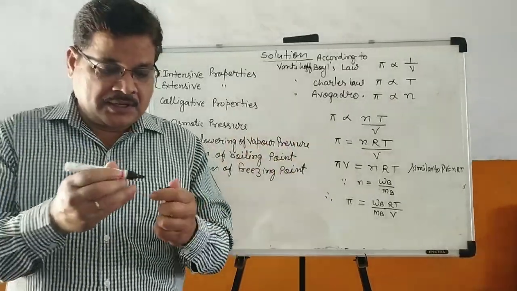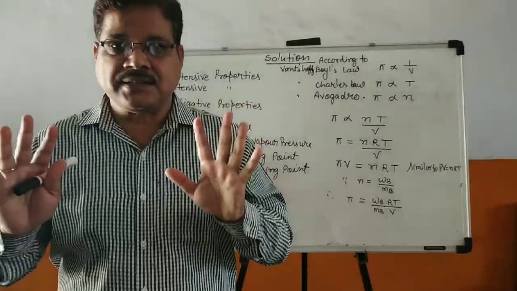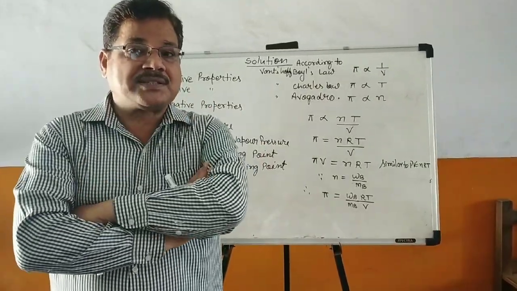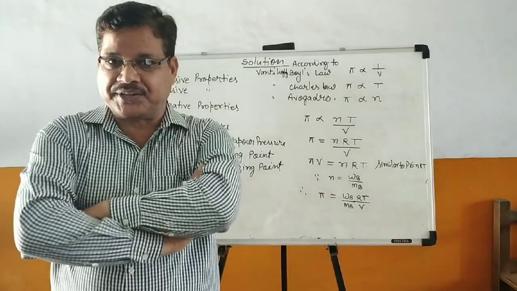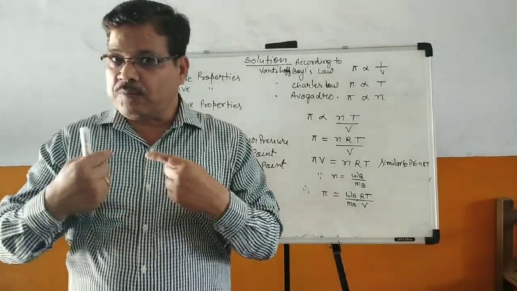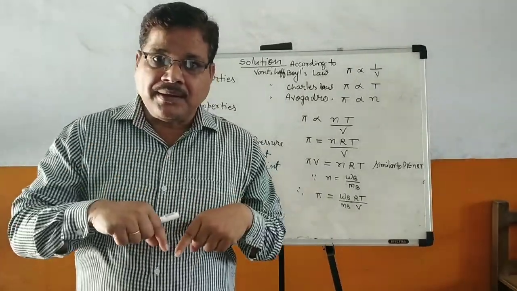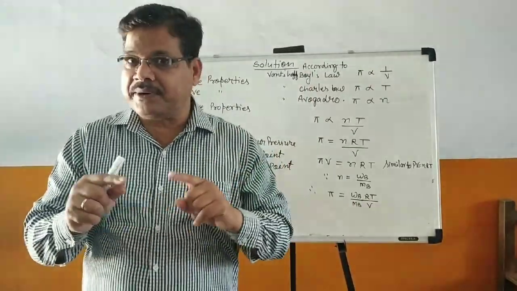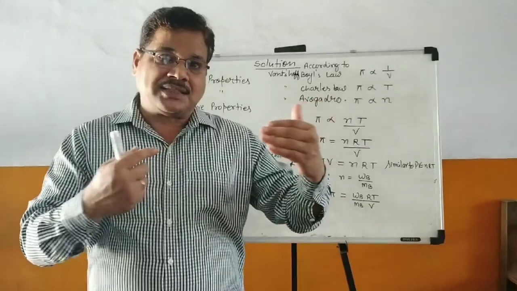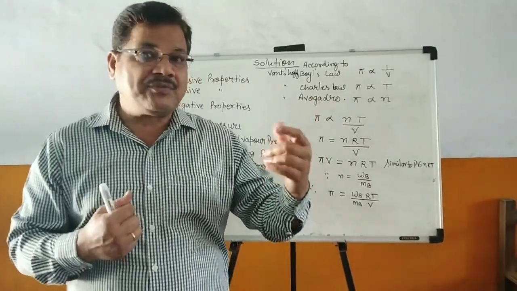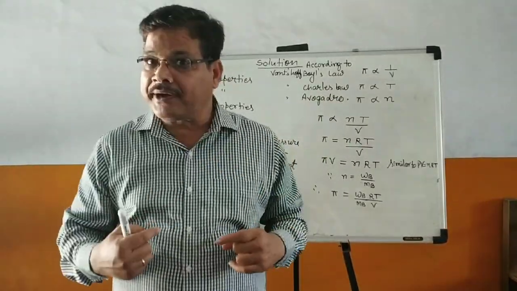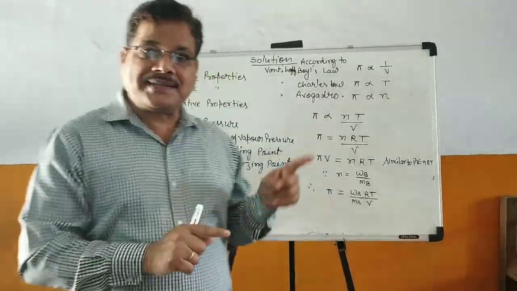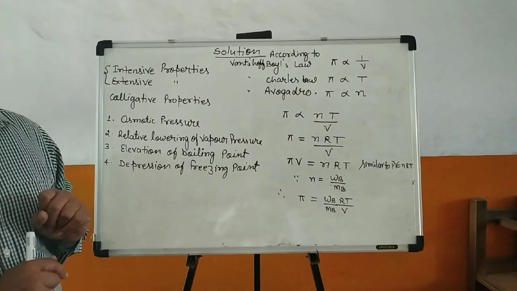Like, see, suppose my weight is 90 kg, another person's weight is 60 kg. Suppose your weight is 60 kg, but the body temperature of our body will be 37 point something, and your body temperature will be 37 point something. That means this temperature is the property which does not depend upon the quantity of mass present in the system. Such type of properties are intensive properties.